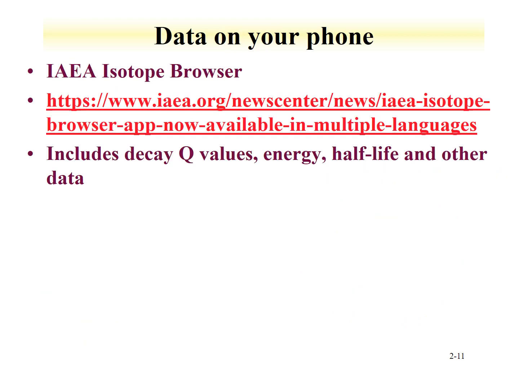Now the data that I showed you is available, the mass excess data, and if I know the mass excess data, I can actually calculate Q values for a number of different reactions. One area where you can find this information, as I already mentioned, is the table of the isotopes, where you can get some of the Q value reactions. But there's also something that you can get on your phone, the IAEA, International Atomic Energy Agency Isotope Browser. Information on the isotope browser is available here from this web page, but you can download it from your Android